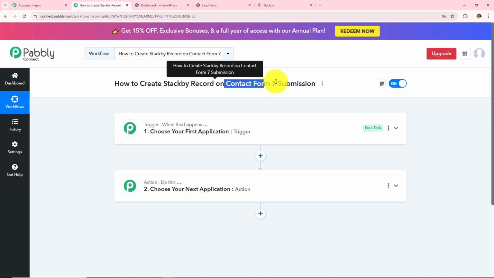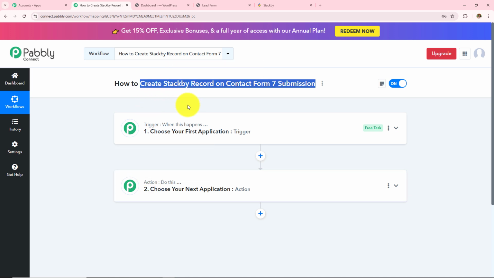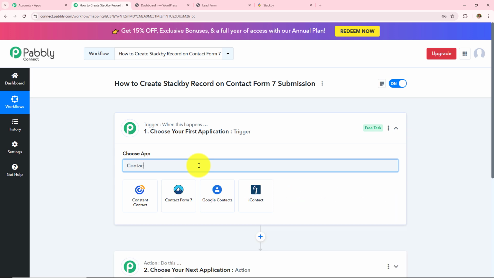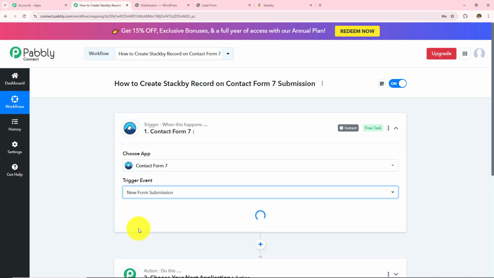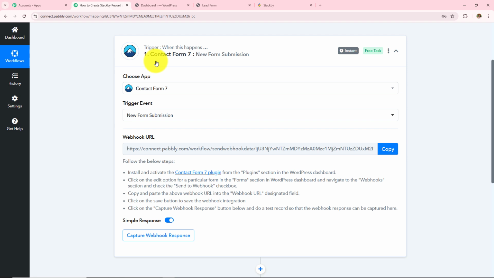So whenever a Contact Form 7 submission happens, the action says to create a Stackby record. Here in my trigger application, I am going to take Contact Form 7, and in my trigger event I have to take New Form Submission. Now I need to make a connection between Pabbly Connect and Contact Form 7, for which a webhook URL is provided to me,